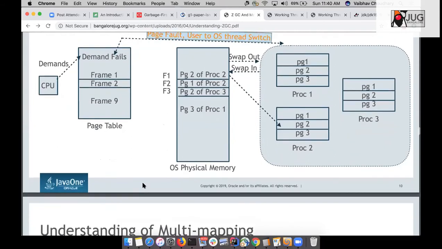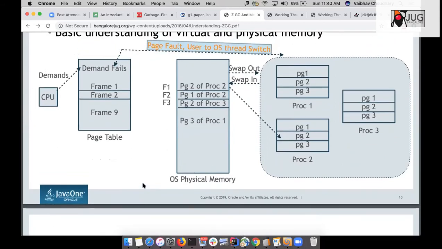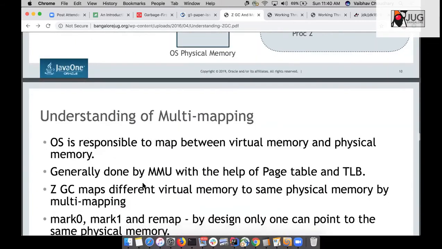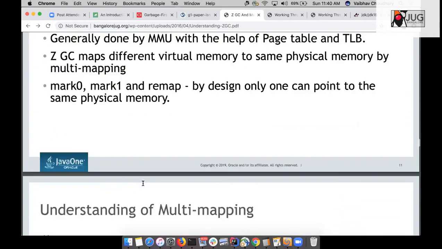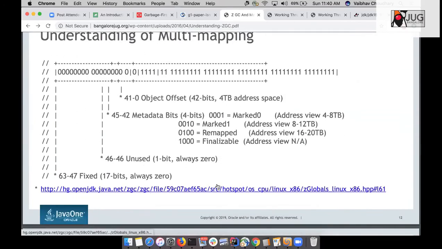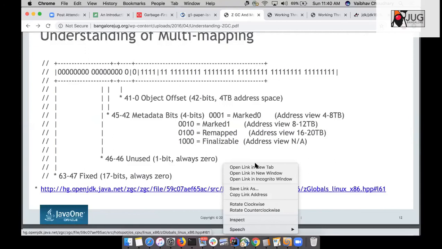Okay, so the physical memory and the virtual memory: physical memory is limited, and the virtual memory you can grow. So whenever there is a demand from the page table, you directly go and look into the virtual memory. A lot of things I have explained, almost all of them. And yes, I have also given the multi-mapping link, where you can directly reach that part of the code and it will explain.